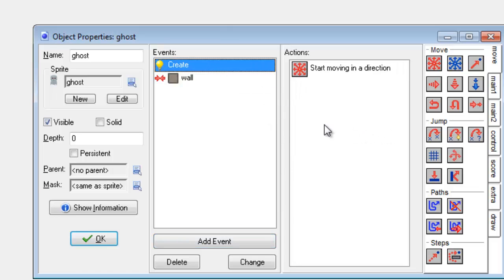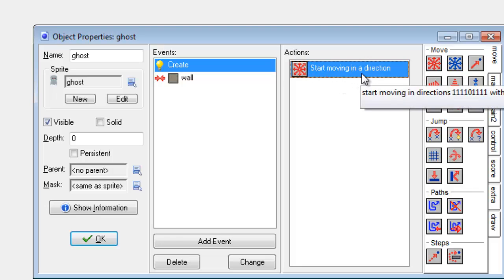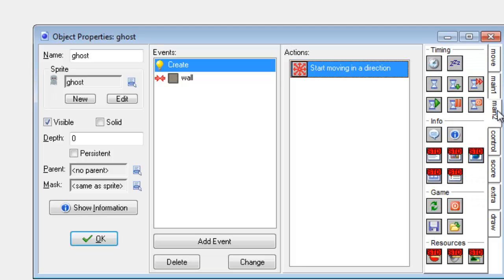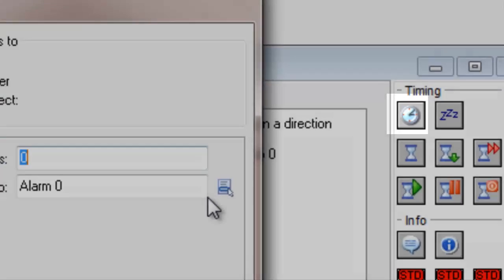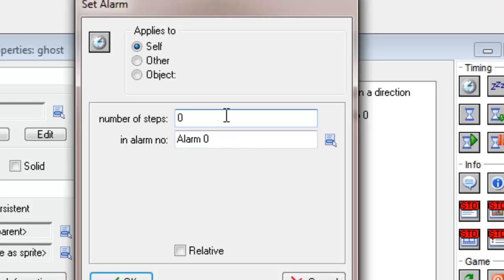So to do this, I'm going to wait an amount of time, and then get it just to do this again. Run this command where it will choose a random direction again. To do this, I'm going to do an alarm. I'm going to set an alarm, and you can find alarms under main 2, and it looks a bit like a clock called set alarm. So I'm going to drag this in. I'm going to then say after maybe 400 steps,